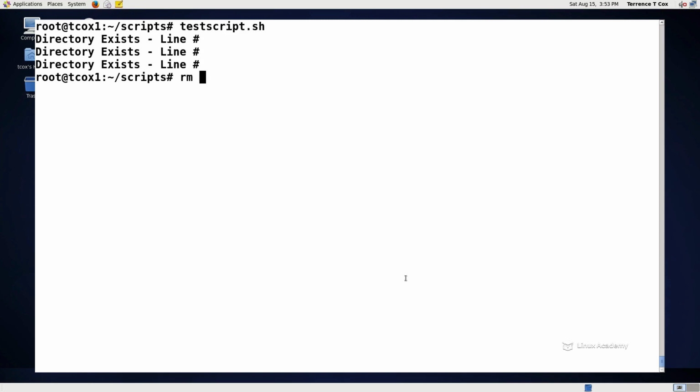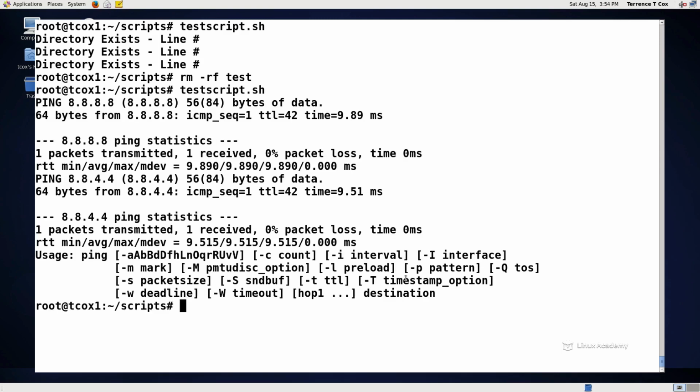If I remove the directory test and I re-execute the command, then I get the ping for the 2 IP addresses that we set it up for. So you can see that the if conditional determined which of the loop types that we executed, whether it was the for loop or whether it was the while loop, depending on the existence of that particular directory. And you can do that for a service, you can do that for a file, you can do that for integer variables. You can see how